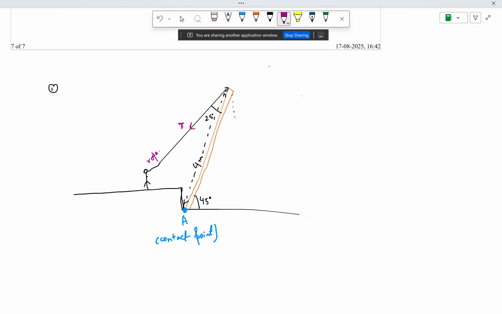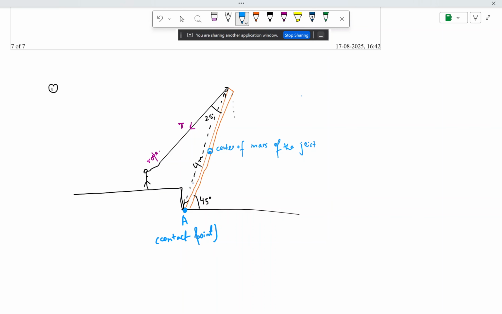Now there is another force, that is the weight of that whole rod, because you have to take the center of mass, right? Because the whole rod's equivalent weight will be acting down effectively from its center of mass point. So this is the center of mass of the joist or the rod structure here, and the center of mass will be sitting exactly at the middle of the whole length of the joist, right?